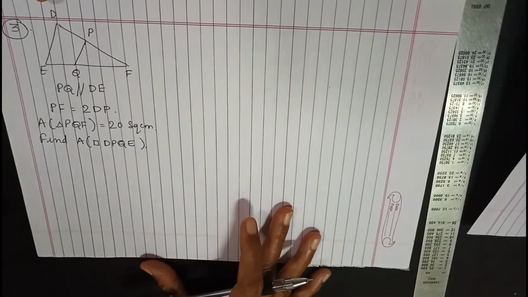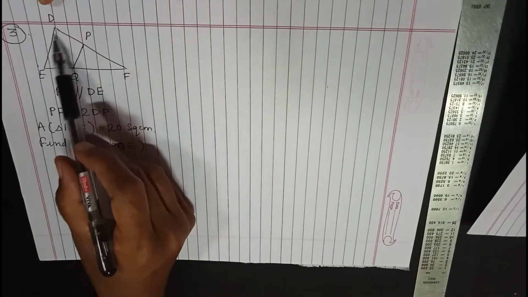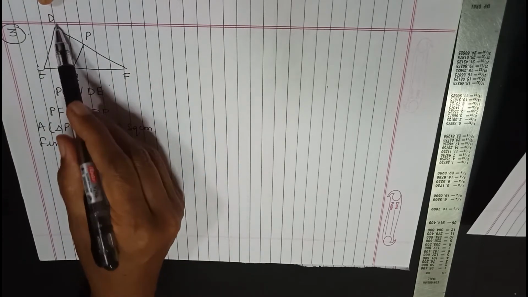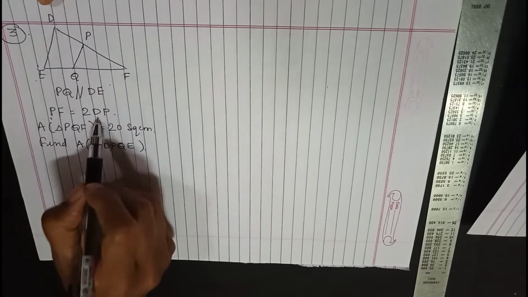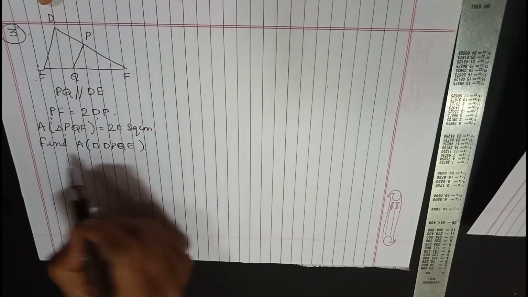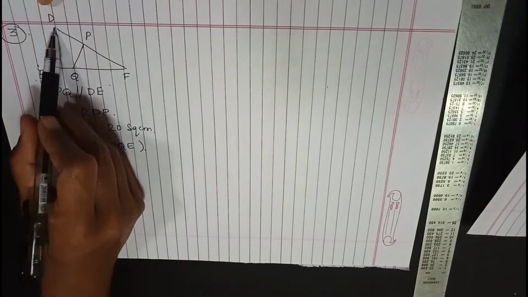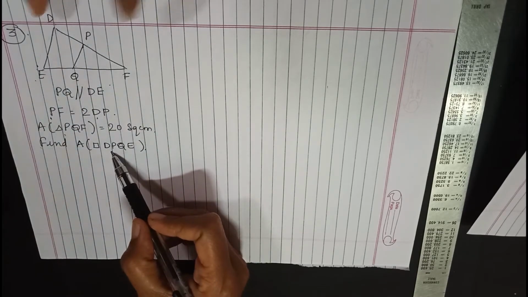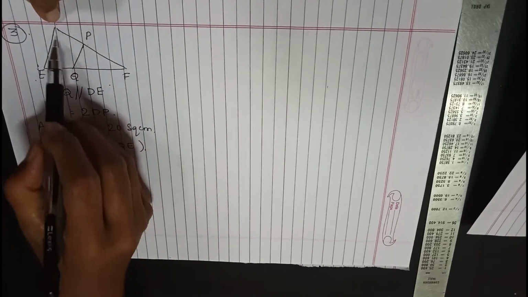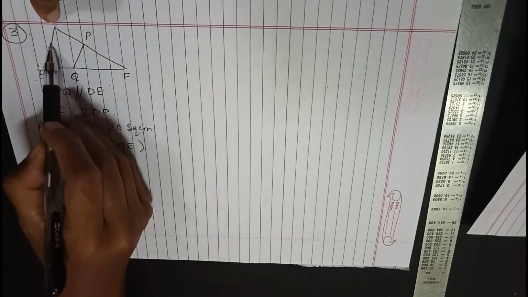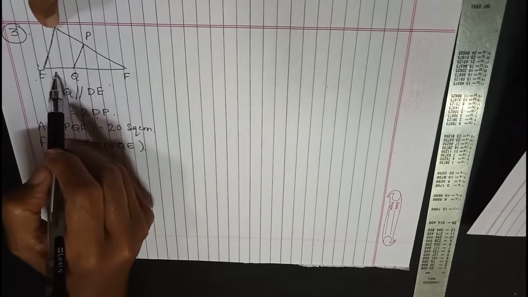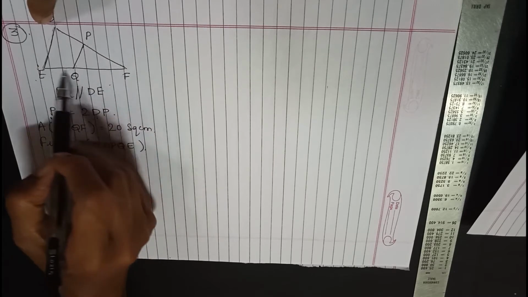Now let's go to a little bigger question. Now in this question we have one triangle and we have a segment PQ given which is parallel to DE, and one ratio is given. Area of one small triangle is given, and we are supposed to find the area of this quadrilateral, that is DPQE. Now by looking at the figure, we realize that if I want to find out the area of this bigger quadrilateral, I should know the area of the bigger triangle.